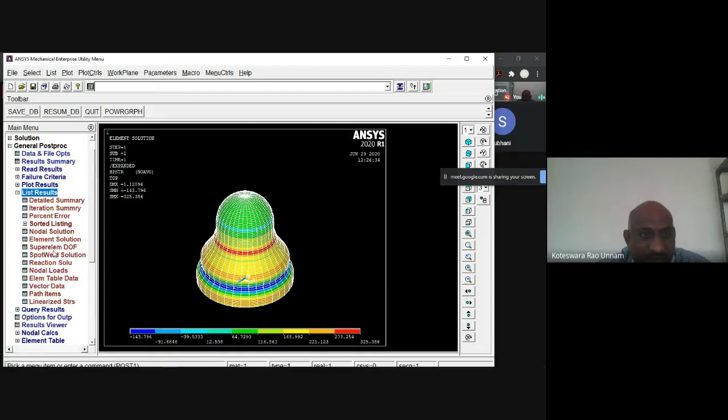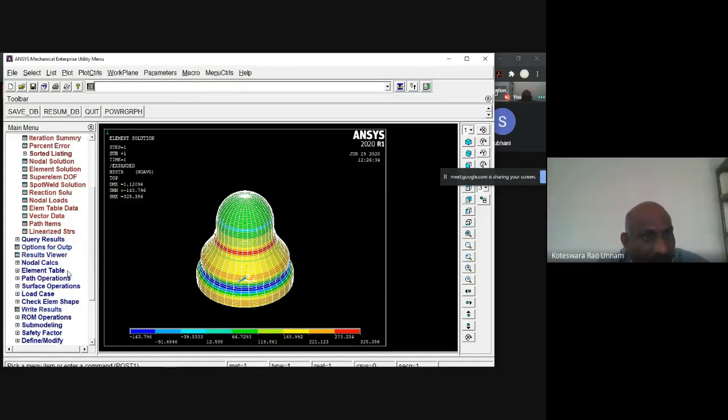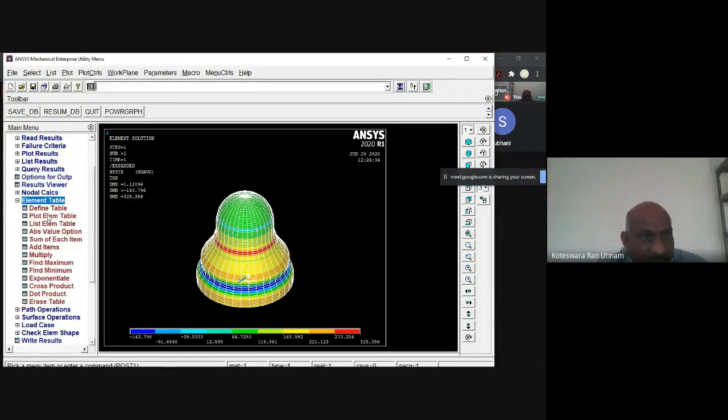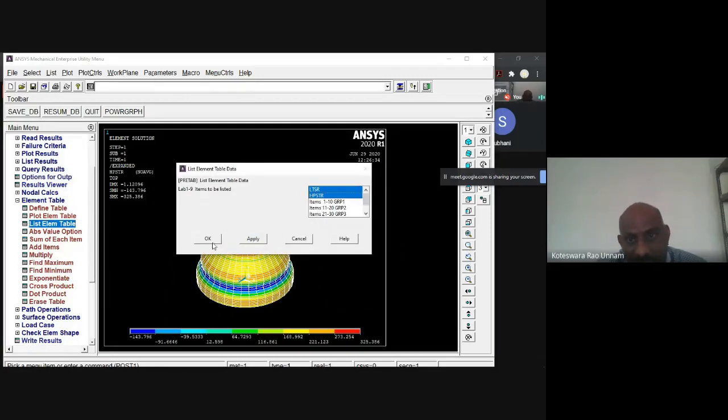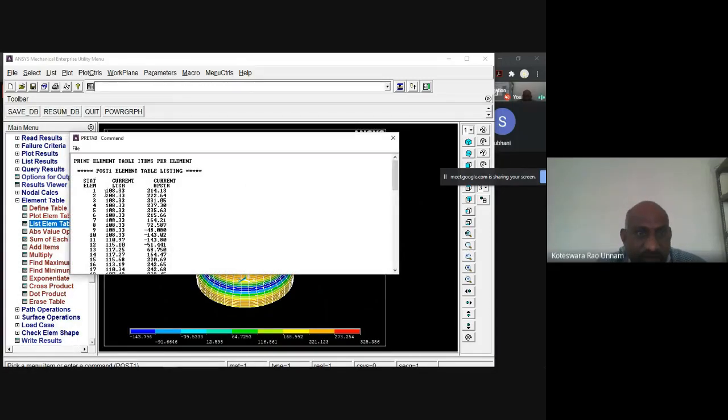You need to take the element table data. Just now I showed list results. You go for element table and then list element table. So here, for each node you will get the value of longitudinal stress as well as hoop stress.